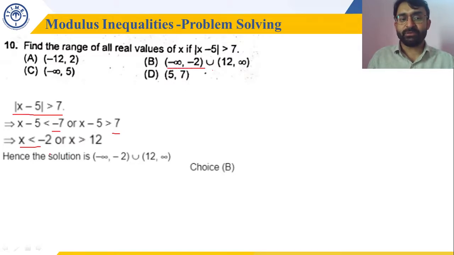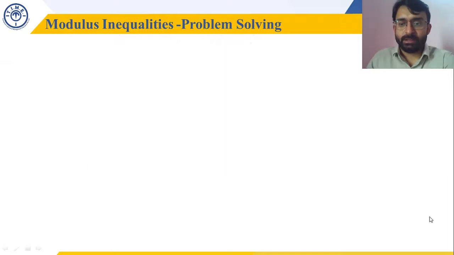We can take all the values from minus infinity to minus 2, and we have to take the union of both these cases, where x is greater than 12, that is, 12 to positive infinity. So x is less than minus 2 or x is greater than 12. That means minus infinity to minus 2, union 12 to infinity. Is that okay? So when there are more than two mod signs, we can put every mod term equal to 0, divide the range, and verify your range with every answer choice. Let's move to the next question.